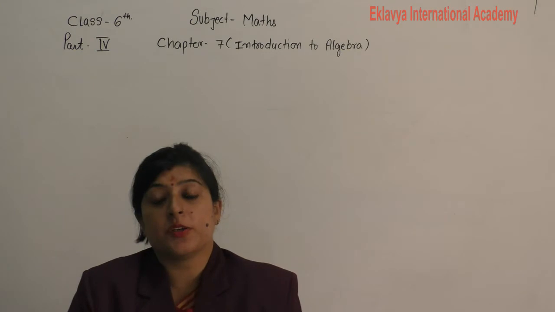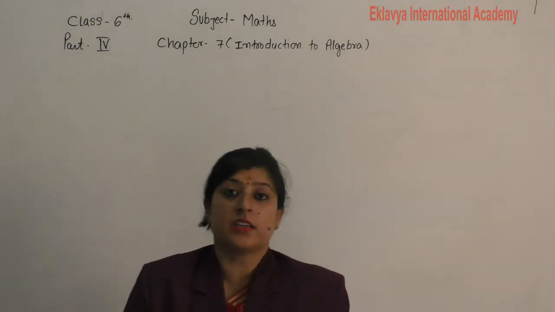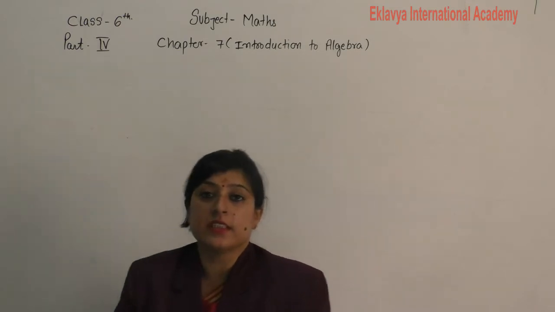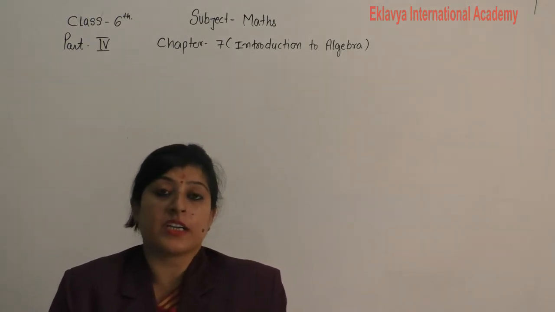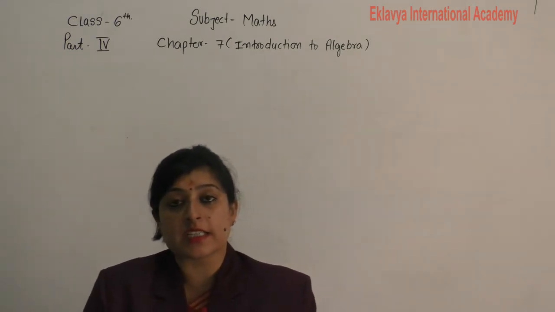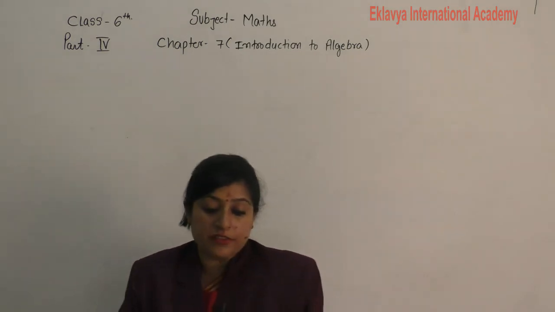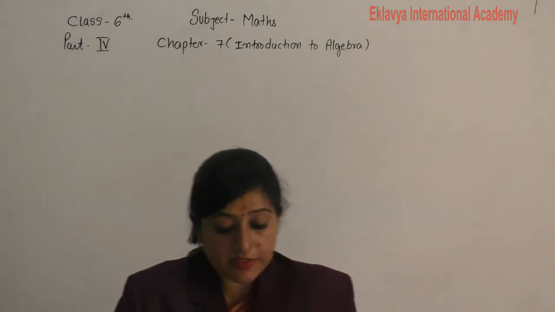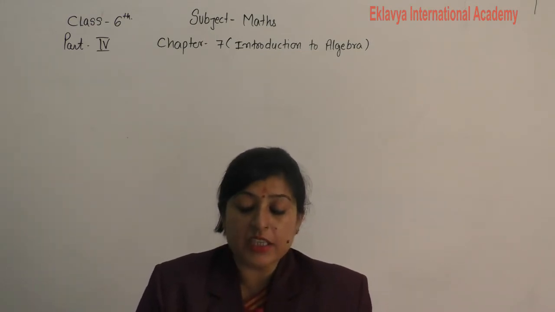Today we will continue our chapter Introduction to Algebra. It's a revision part, so we are discussing the exercise. Exercise 7A was already discussed in the previous lectures. Now today we will discuss exercise 7B. In the first question given to you, evaluate the given expression for each value of n given in the following